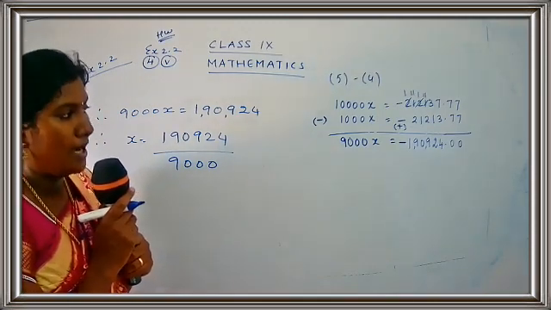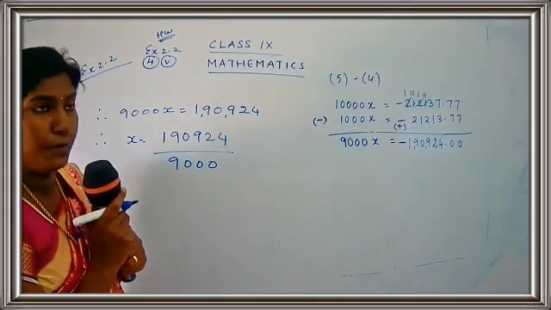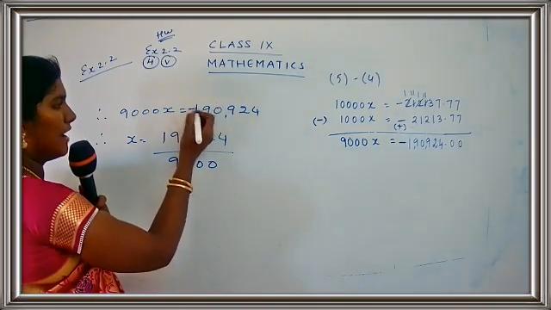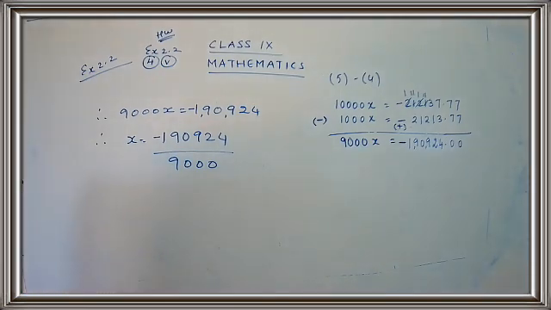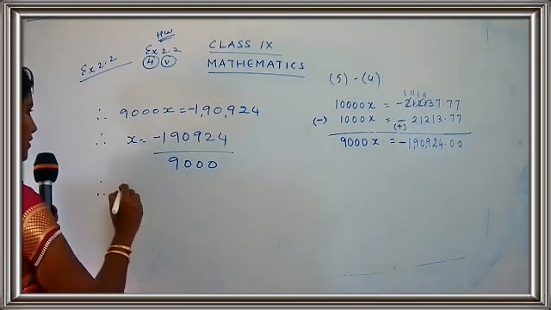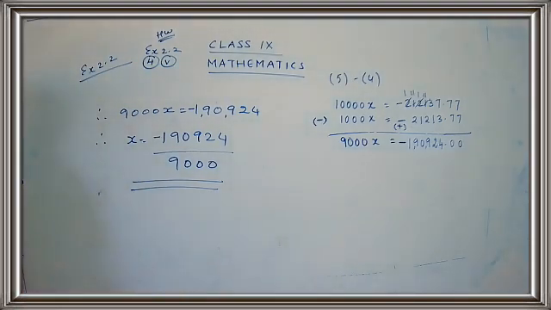Very simple thing. Just put a minus sign near your answer. So it's minus 1 lakh 90,924.00. I'll just put here again a minus sign. So wherever you have the value, just put a minus sign. That's all. So you can go for the simplification, or we can stop the sum over here because this is a little bigger number, yes, student? So we can keep the number as it is. So I write down the final answer as x is equal to minus 1 lakh 90,924 upon 9,000. Okay, take down the answer. I hope you are clear with the sign, children.